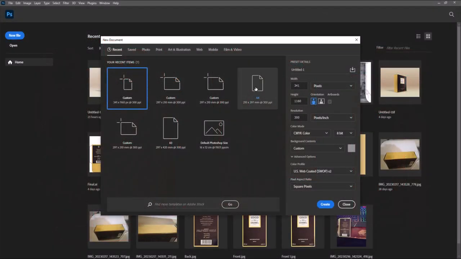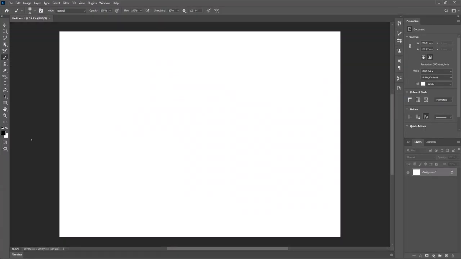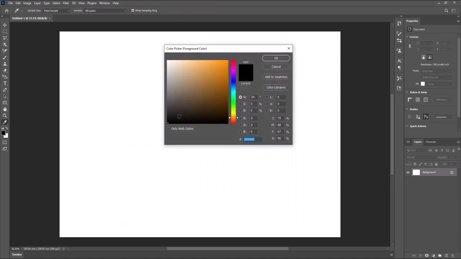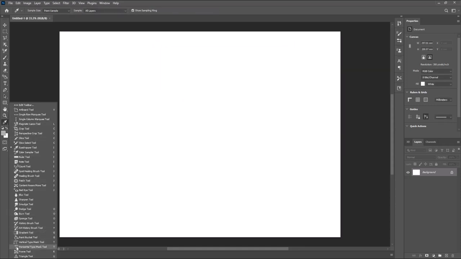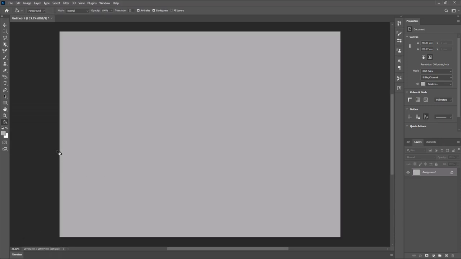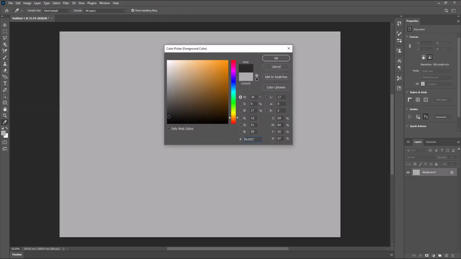We will start with a new document. Choose A4 and change the orientation to landscape. Click Create. Change fill color to light gray. Select Paint Bucket tool and fill the page. Change color to black